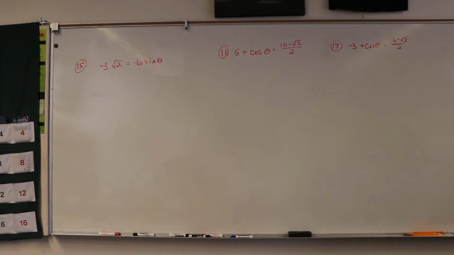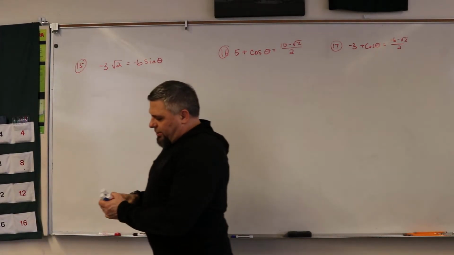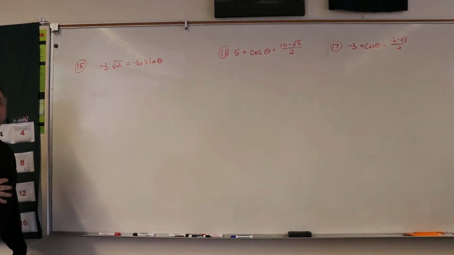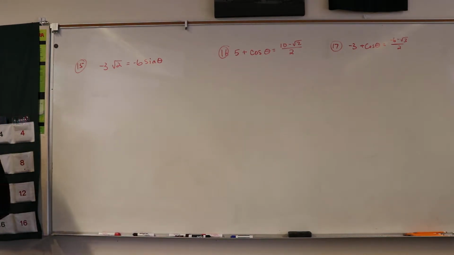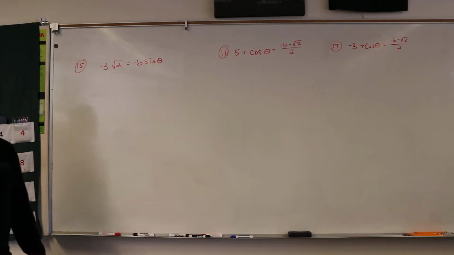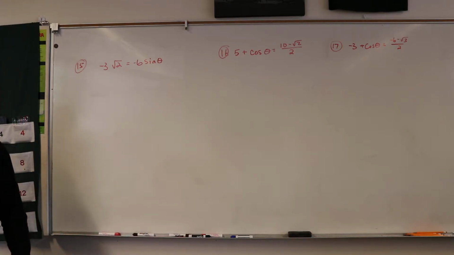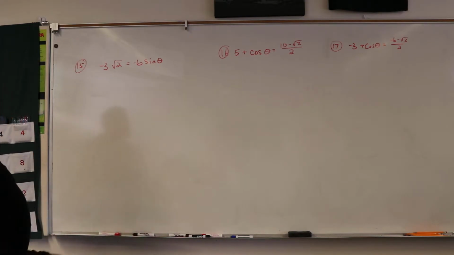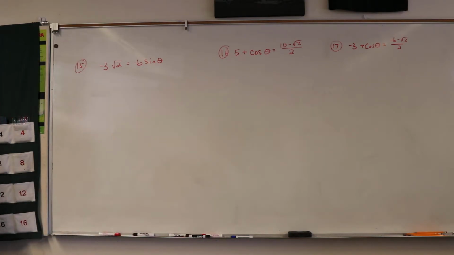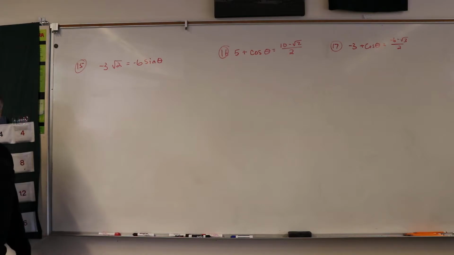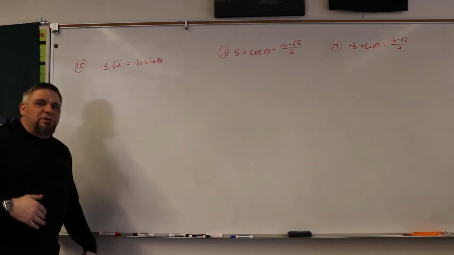Alright, we can do this without a calculator. The reason I say that is because of the square root of 2's and the square root of 3's. Everything's going to come down to hopefully 1 and halves. If that's true, we'll do it without a calculator. If not, we'll throw it in the calculator and see. These should all come out to be 30, 60, 90